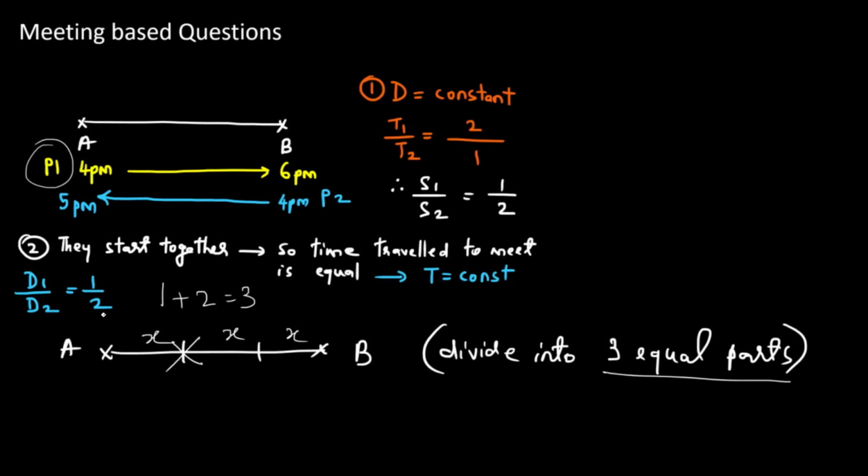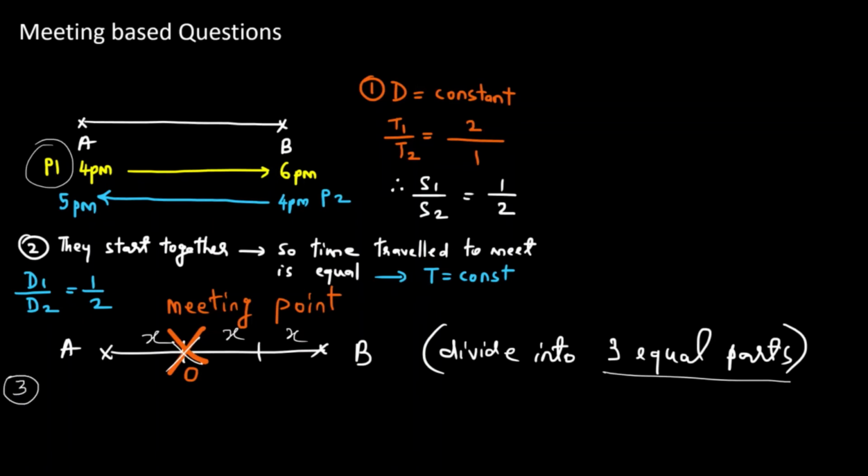So this is the point where they will be meeting. So if we know the distance between A and B, for example, in the question, if it's given that the distance between A and B is 3 km, then the meeting point will be 1 km from A. Alright, now let's proceed. So we have identified the meeting point over here. Now let's proceed to find the time of meeting. We need to know at what time they meet. For this, let's move on to step 3.